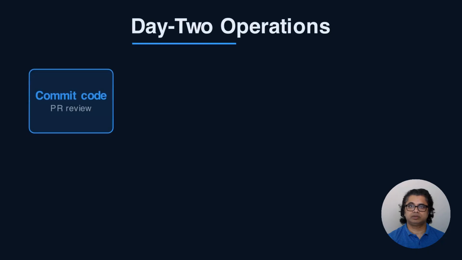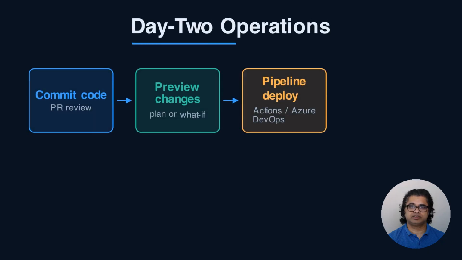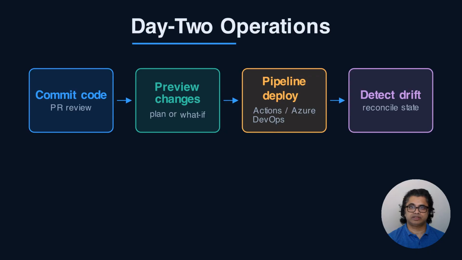Think past the first deploy. With Terraform, the plan command gives reviewers a trustworthy diff in pull requests, and tools like Terragrunt or Terraform Cloud handle environments and remote runs. The cost is state maintenance, drift reconciliation, and provider version pinning. With Bicep, there's less to operate. Deployments are idempotent through Resource Manager, and What If gives you a preview, though it's historically been less precise than Terraform's plan. For governance, Bicep pairs naturally with Azure Policy and deployment stacks. Both integrate cleanly with GitHub Actions or Azure DevOps pipelines.